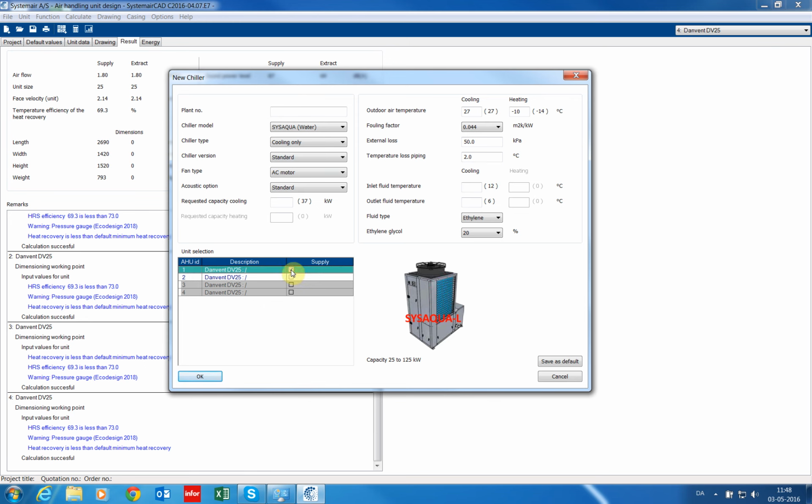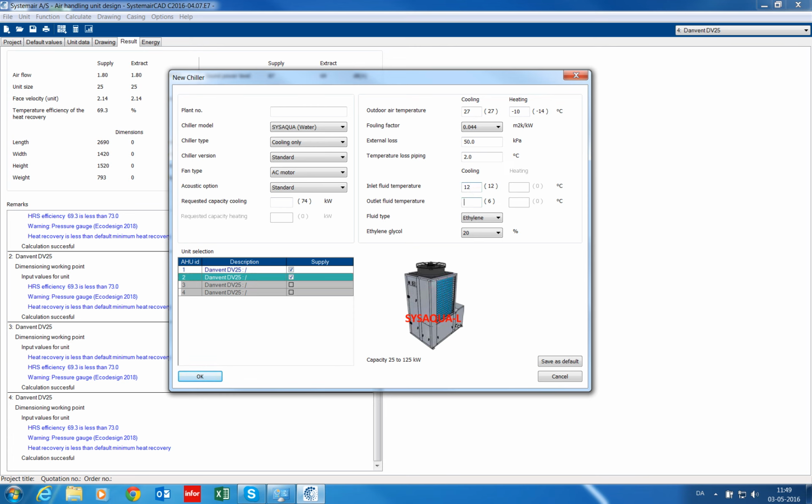When I select the unit, you can see that the requested cooling capacity is added up. When I select the second, I can see that we require 74 kilowatts. In the right side of the dialog I can define outside temperatures and of course also the properties of the piping connections.